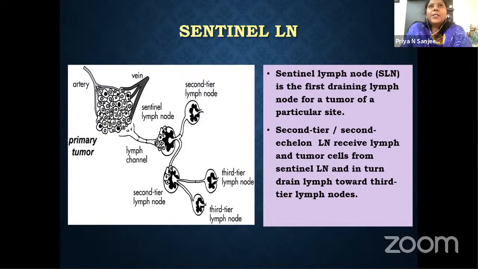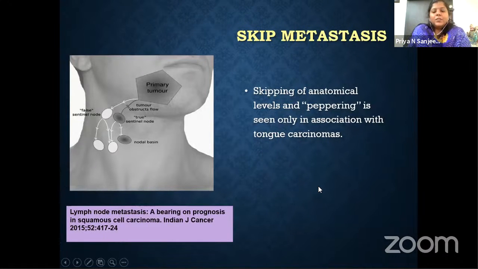And the another one is the diameter of the long axis and the short axis. It is called LS ratio. Usually the short axis plays a role, and this ratio is high in reactive lymph nodes, and it is low in metastatic lymph nodes. And also the hilum: in reactive lymph nodes the hilum is present, and in metastatic lymph nodes it is absent. So these are some of the differentiating points between reactive and metastatic lymph nodes with respect to ultrasound.